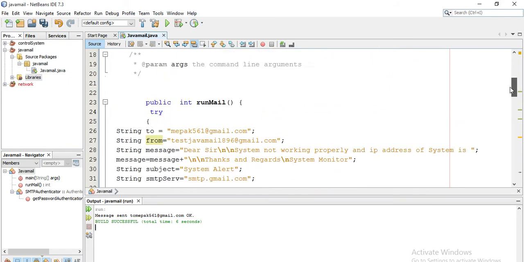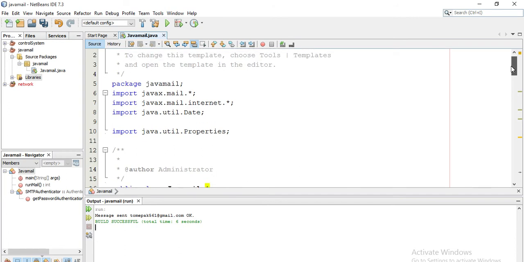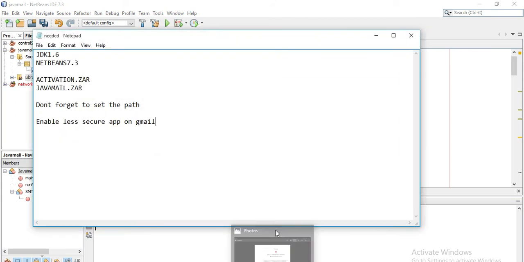After doing this, as I mentioned, we need to enable less secure apps on Gmail.